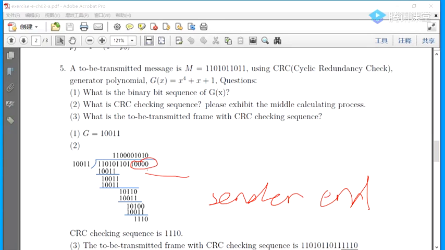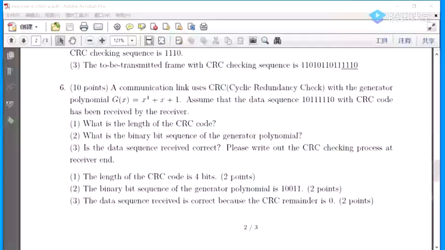The number of zeros appended depends on the order, which is 4. Okay. Question 6, for the receiver end,